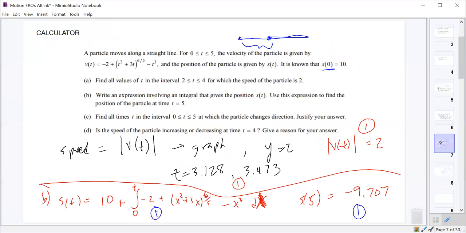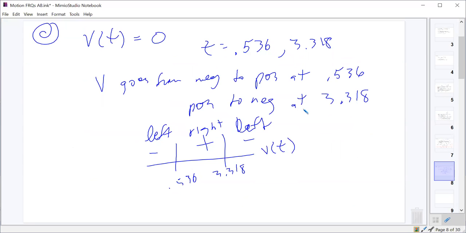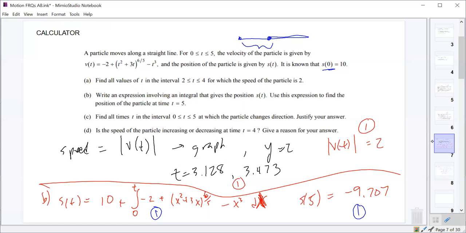Does that answer your question? Yeah. Okay, good. Oh, sorry, and that was worth 3 points. 1 point was for just doing this, and then 2 points was for all of your answers here with whatever justification you've got. Okay, then part D said, is the speed of the particle increasing or decreasing